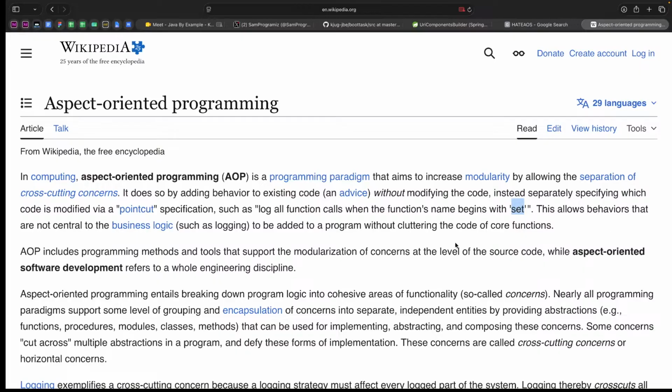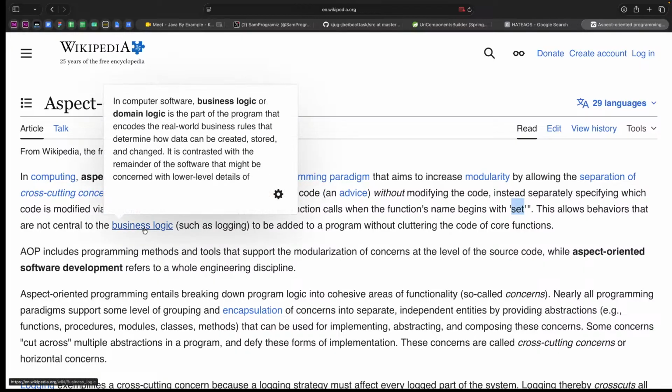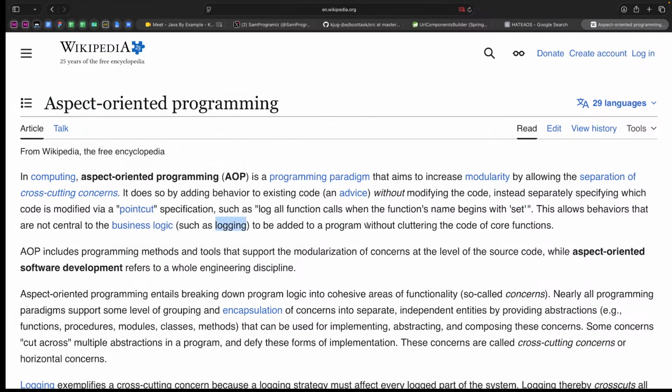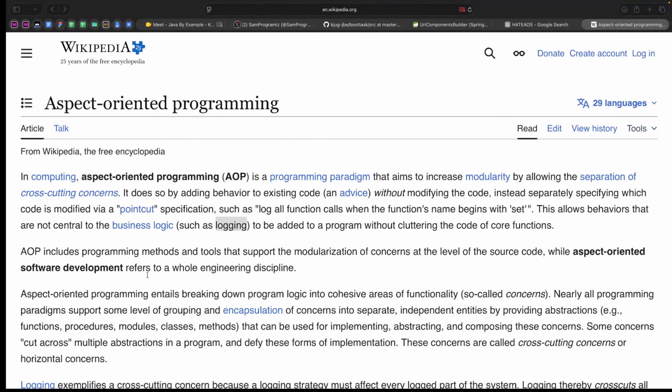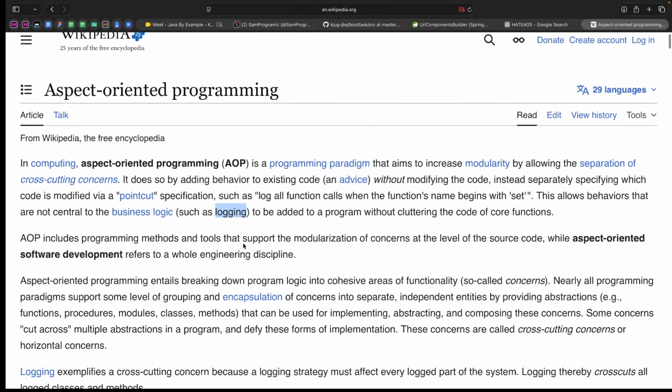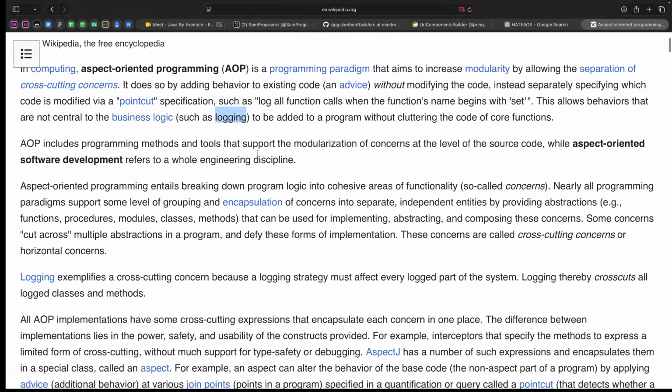So this allows behaviors that are not central to the business logic, such as logging, to be added to a program without cluttering the code. So instead of adding all these logging things inside all your audit functions, you can basically not have them inside the audit function, but they'll be injected into the audit function without modifying the audit function. Actually really beautiful. So just logging without cluttering the code or core functions. So yeah,